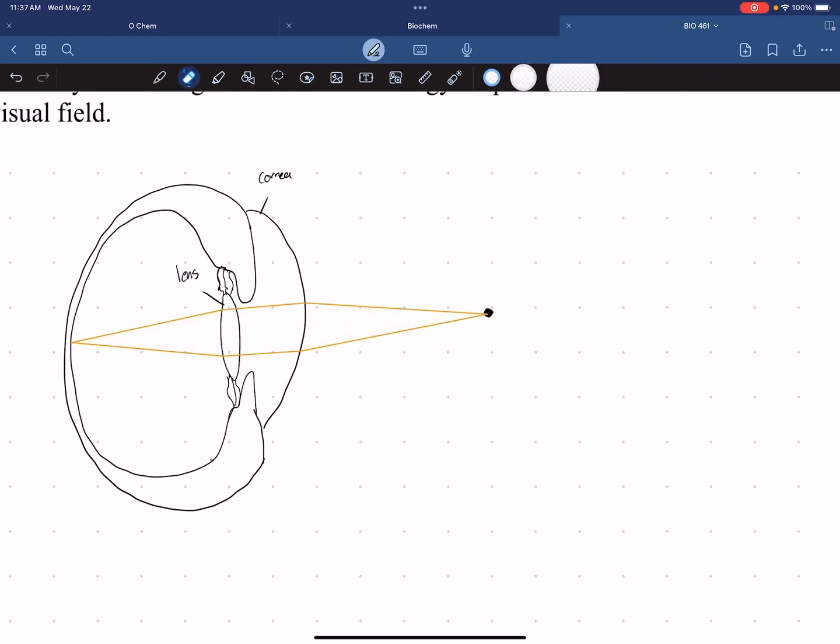And here in the back of the eye, it is lined with photoreceptors, which are what capture the light that is bent by, here we have our object, and the light is being bent here at the cornea and then at the lens to converge at the photoreceptors. And so